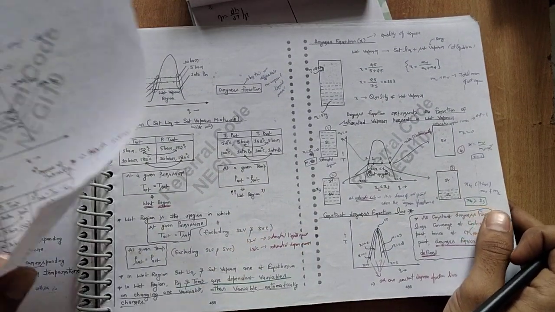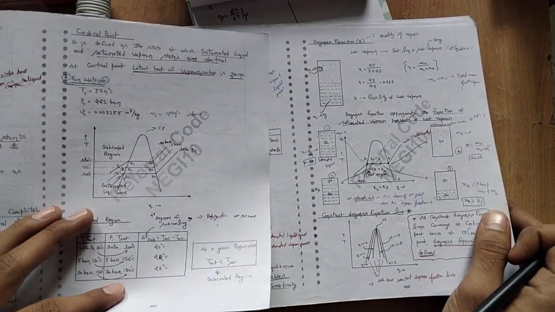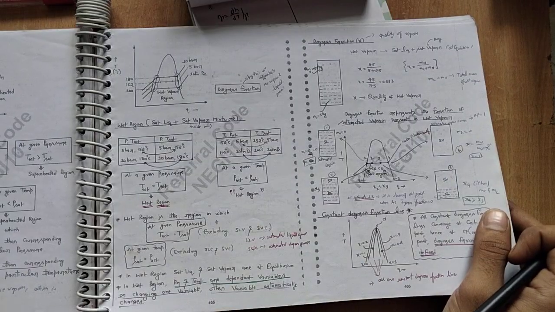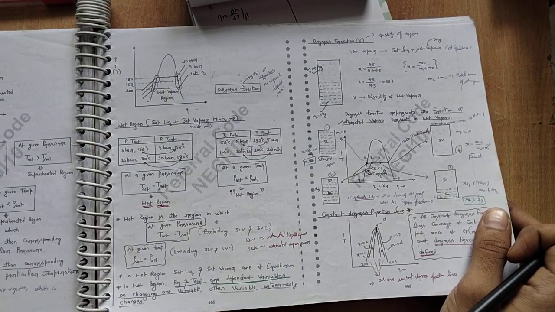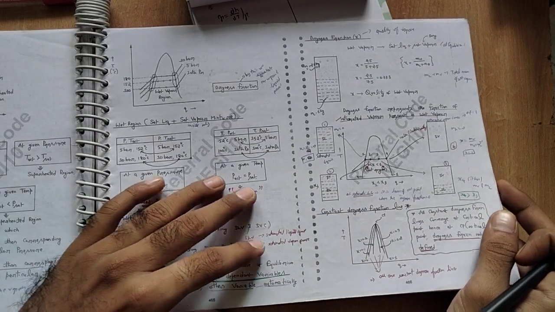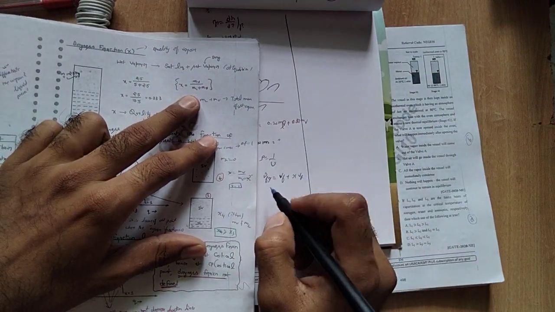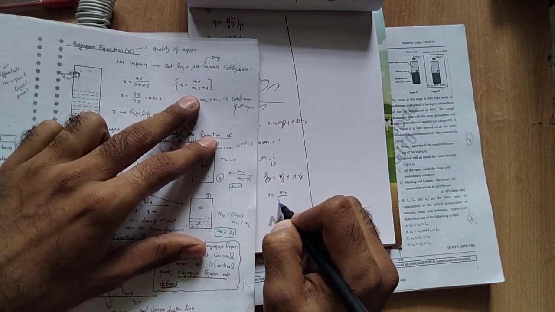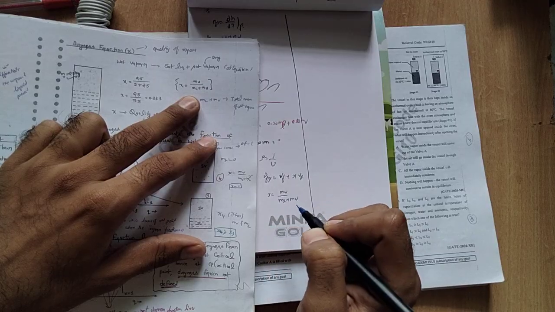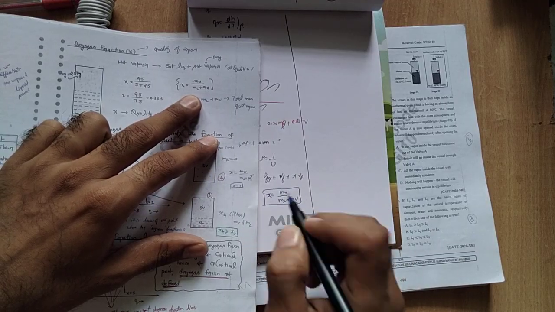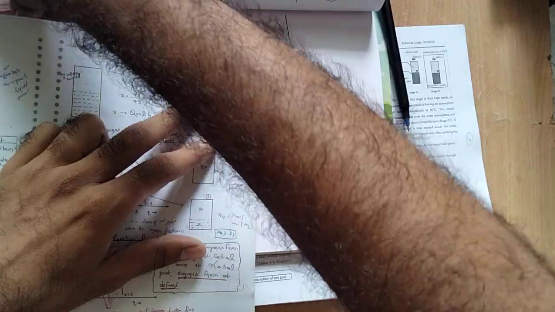It's often required to recheck and revise the formula once again. Even I forget. That's the most problematic thing in the entire chapter. X is represented as mass of vapor divided by mass of liquid plus mass of vapor. This is one formula, and the second formula will be